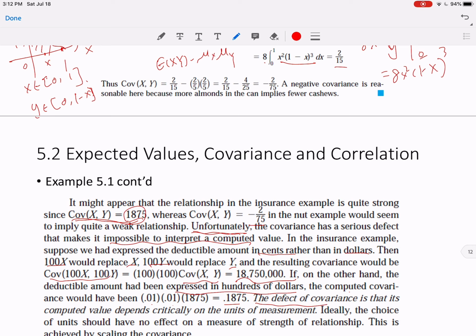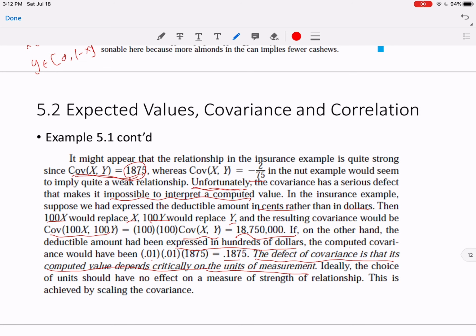The defect of covariance is that its computed value depends critically on the units of measurements. Ideally, the choice of units should have no effect on the measure of strength of relationship. This is achieved by scaling the covariance. Okay, so before talking about scaling the covariance, I just want to